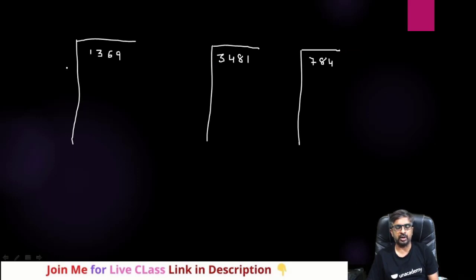So let me tell you how, by the long division method, we can find the square root of these three numbers. Your first step is to make pairs of digits from the last. 69 is one pair, and in this question also you need to make pairs from the back side. Here there is one remaining term, so no problem at all, we take it as a singleton. So the first step is to make pairs.